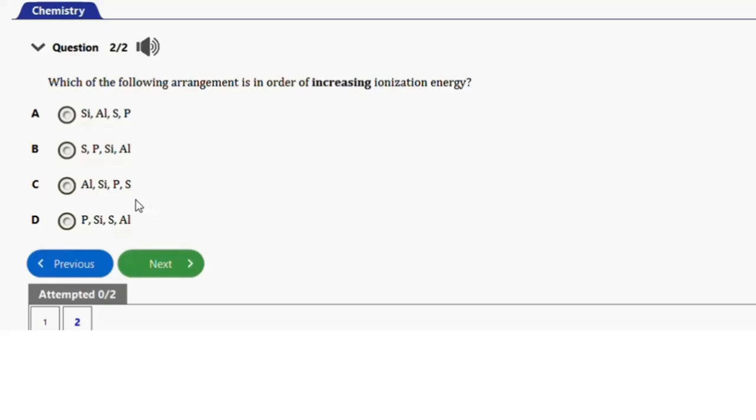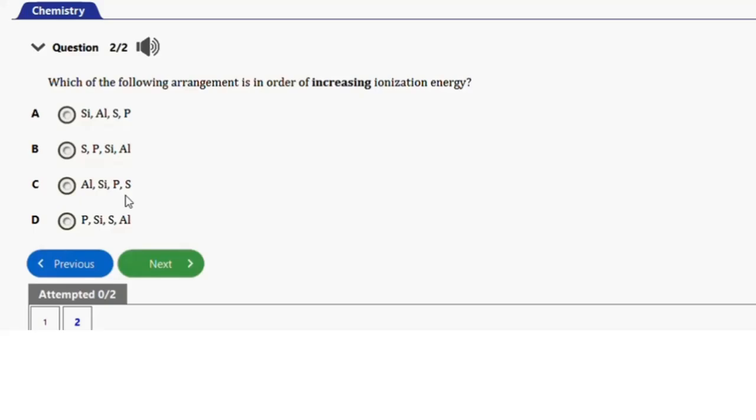option C, because they are in the same period, that's period 3. After aluminium, you see silicon. After silicon, you see phosphorus. After phosphorus, you see sulfur. And you know that